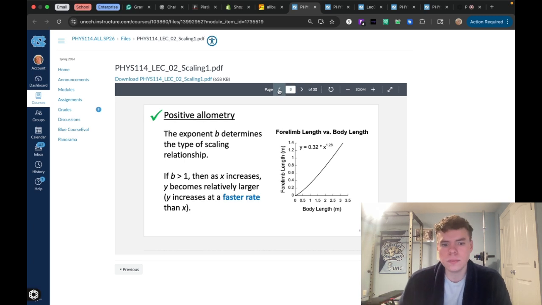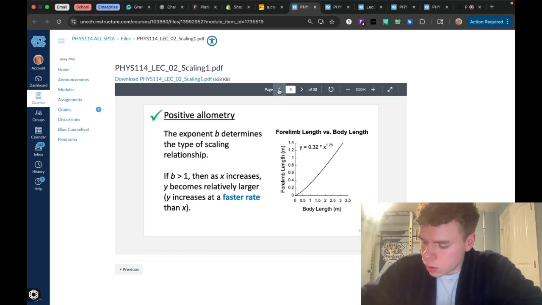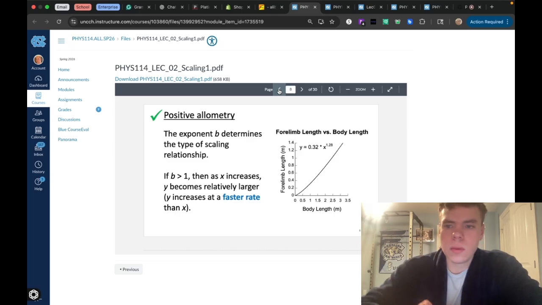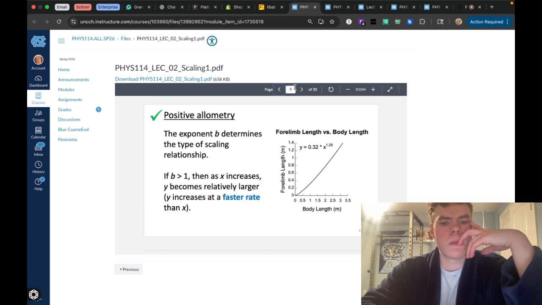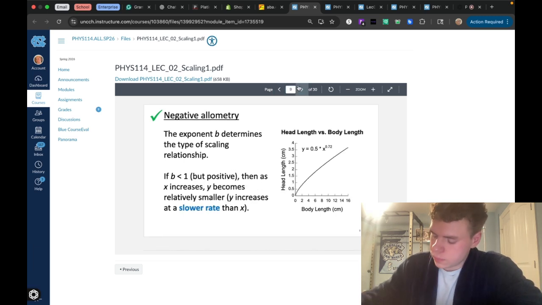Yeah, I think that's pretty self-explanatory. So positive allometry is b being greater than 1. And negative allometry